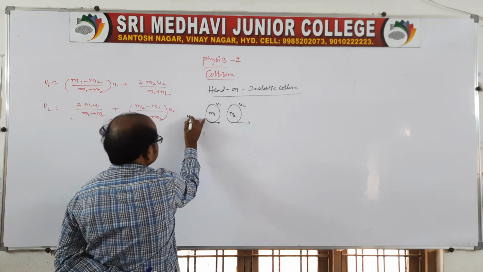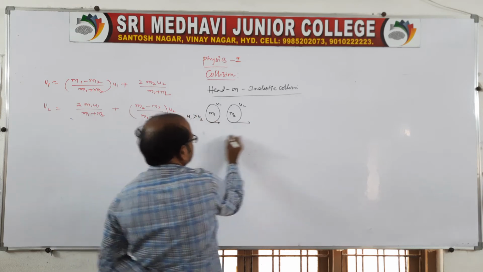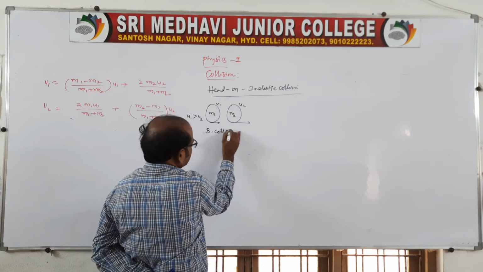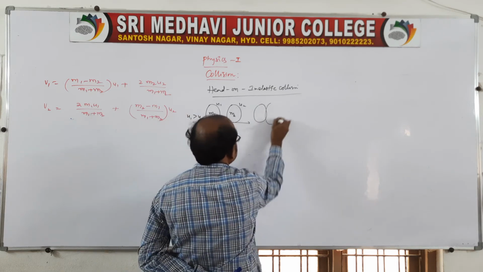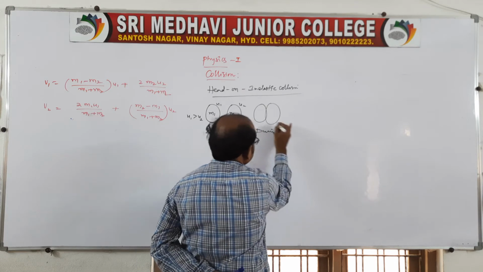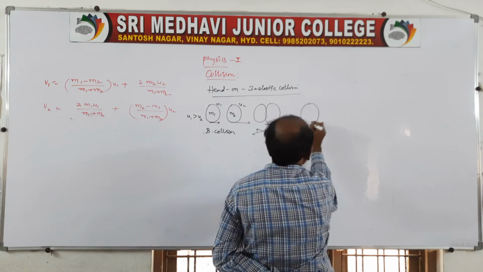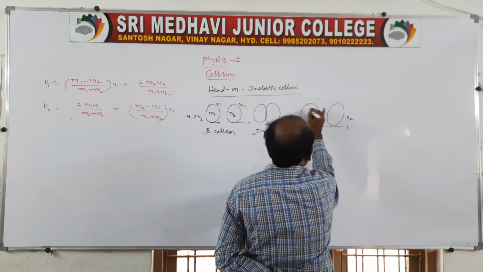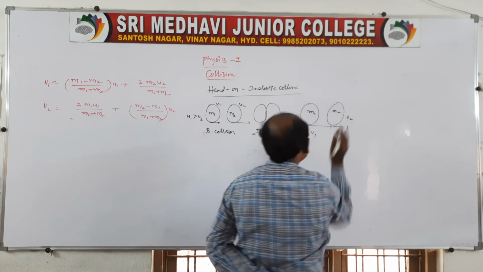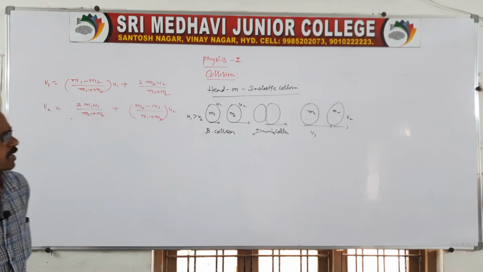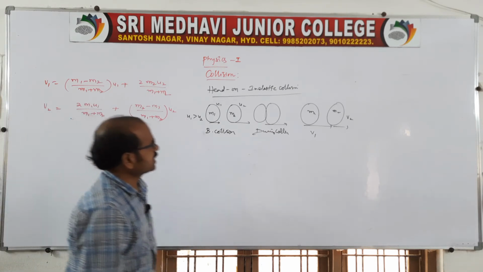Of course there is a condition u1 greater than u2, and here it is before collision, and here during the collision. Then after that, during the collision, what happens? The speeds are v1 and v2 after collision, and the masses are the same, moving in the same direction. So what is happening in case of a head-on inelastic collision?